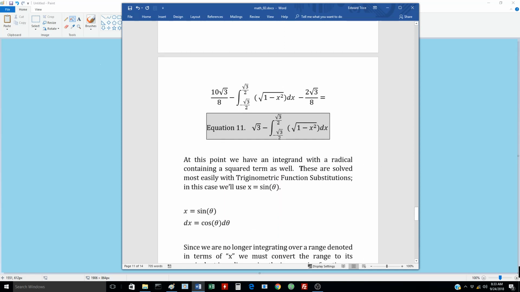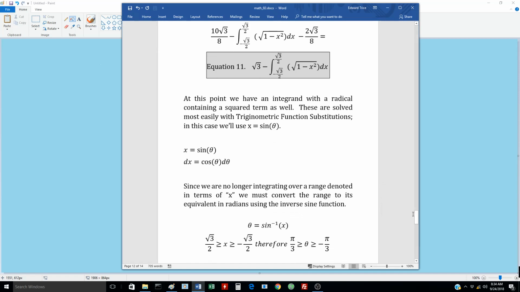So that's where the two integrals on either side of the middle integrand just evaluate to the square root of 3. And from that, you subtract the area under the circle. Okay. At this point, you have to do an integral that has a square root of 1 minus x squared dx as the integrand. And